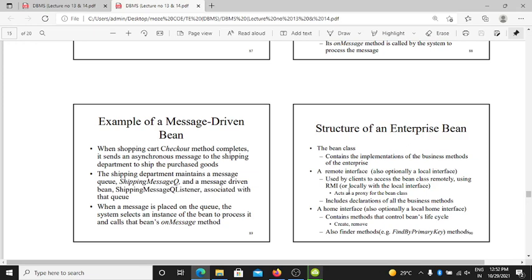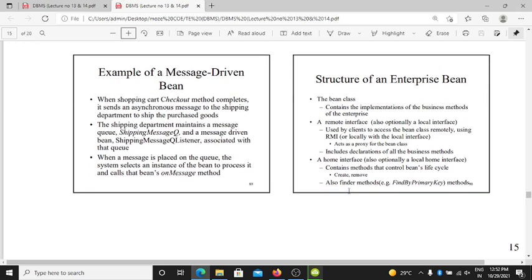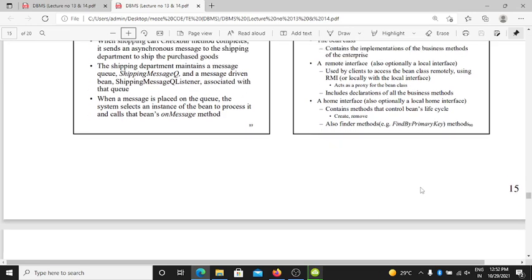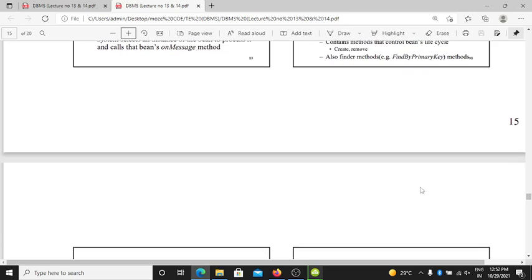It acts as a proxy for the bean class and includes declarations of all the business methods. A home interface, also optionally a local home interface, contains methods that control the bean's life cycle, such as create and remove. Also finder methods are there.